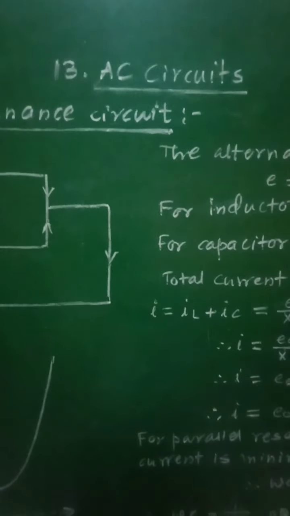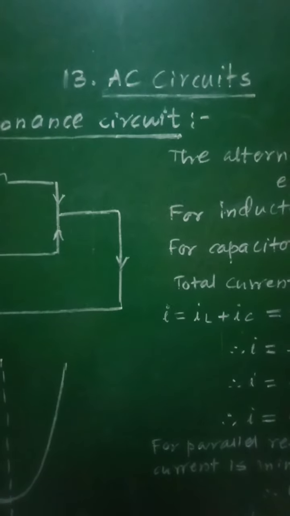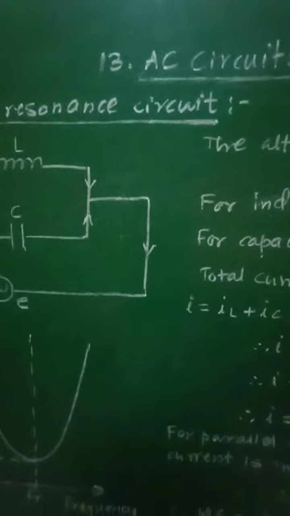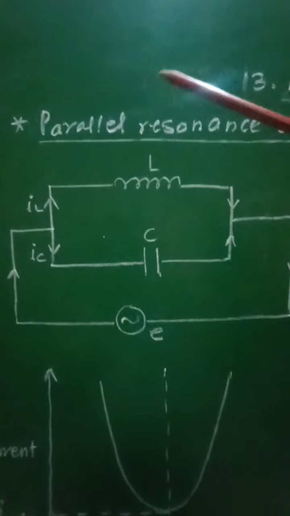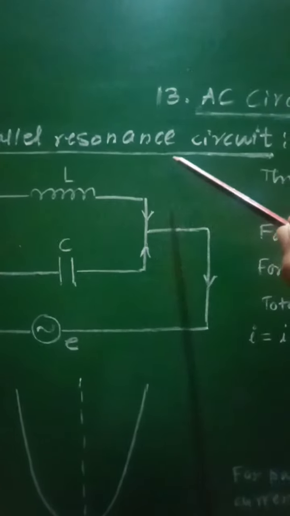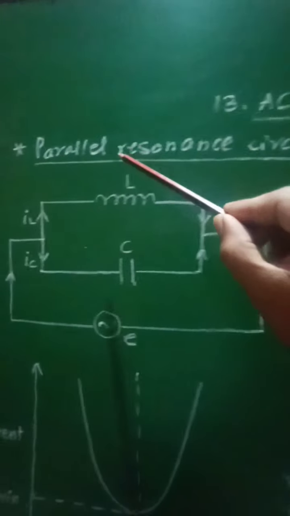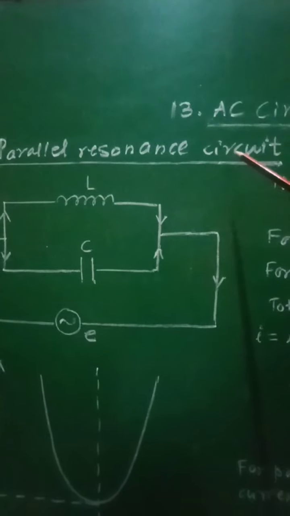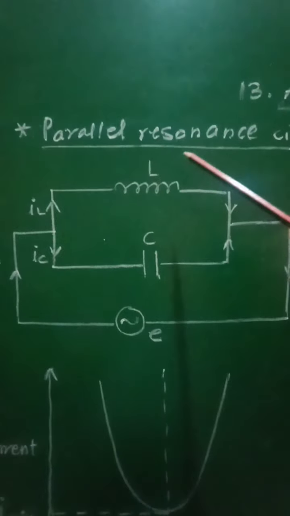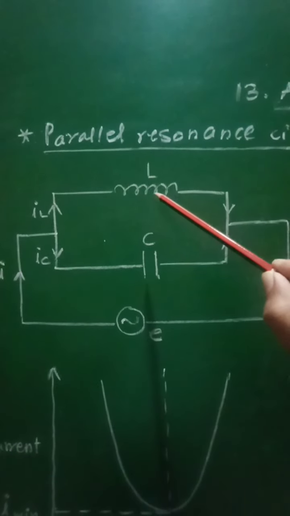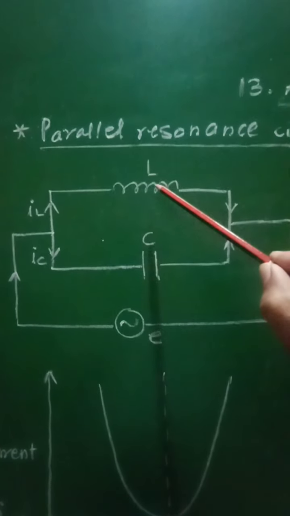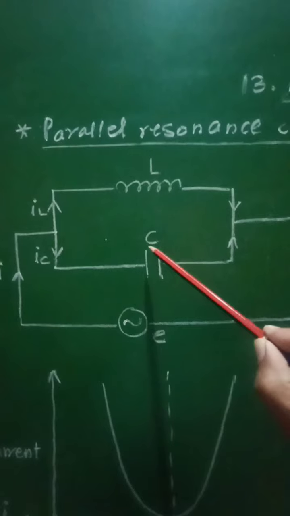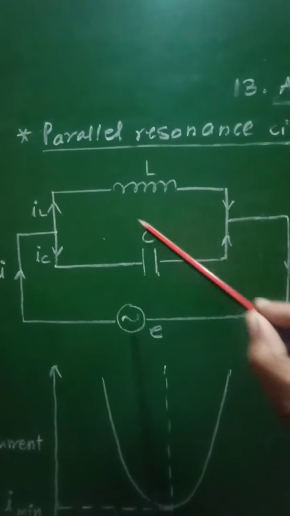Class 12th, subject physics, 13th chapter, AC circuits. From this chapter, let us see the parallel resonance circuit. The parallel resonance circuit consists of a coil of inductance L and a capacitor of capacity C